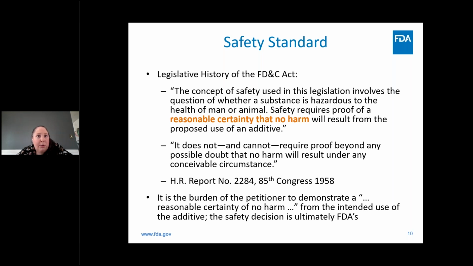Importantly, if new science emerges and there's evidence to suggest that an ingredient that is already in the food supply may be unsafe, or if we have reason to believe that consumption levels have changed, FDA can either prohibit its use, or they can conduct further studies to determine if the use is still safe. Ultimately, for a food additive petition, FDA has the primary legal responsibility for determining the safe use of food additives. So this means that while the burden to establish this proof rests on the petitioner or the food manufacturer, the safety decision ultimately belongs to the FDA.